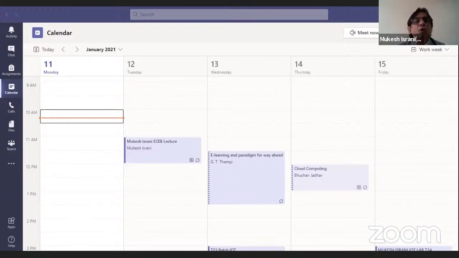So I repeat, go to Microsoft Teams, you download the software, log into your account using the username and the password that we have provided you. The moment you log in, it will ask you for your mobile number. You enter the mobile number, it will ask you to send OTP or call. You say send OTP and OTP will come to you and it will prompt you to change your password. So change your password, keep the password written somewhere, keep it handy, and then you will be logged on to